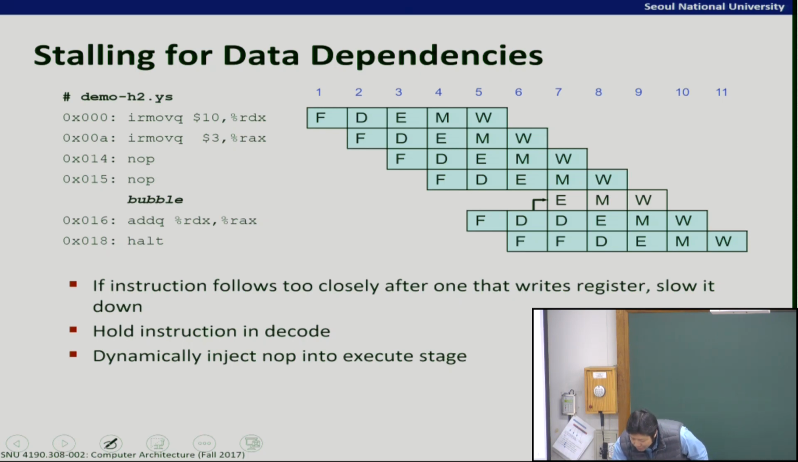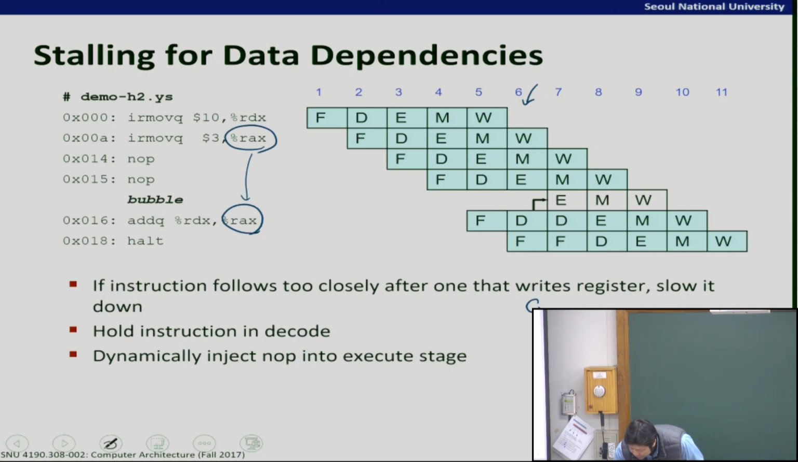So if you have this instruction sequence, this one needs to be updated, and this one needs to be read. So if the instruction follows too closely after one that writes the register, we need to slow down the second instruction. So how can we slow it down? So let's think about